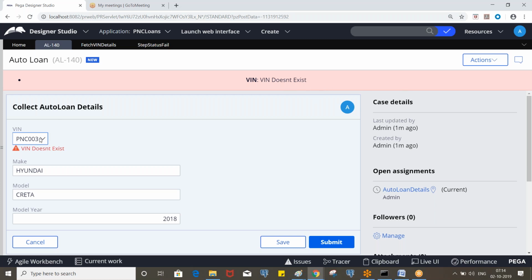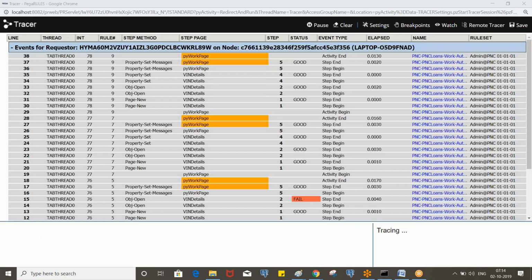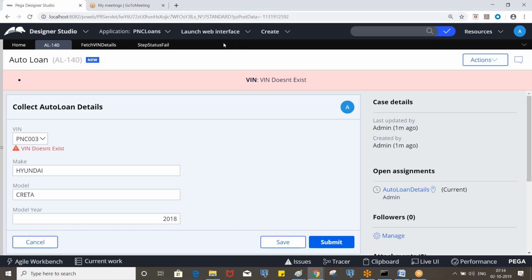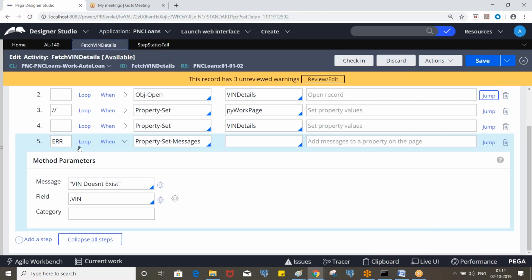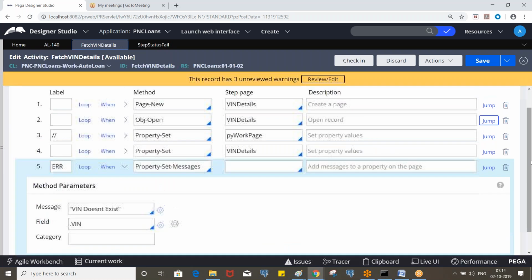Now if you select PNC 004, then only this message has to be displayed, right? So what is happening is, the label will not prevent the step from executing. Let's say obj open is success. Then the fourth step will be executed and the fifth step also will be executed.